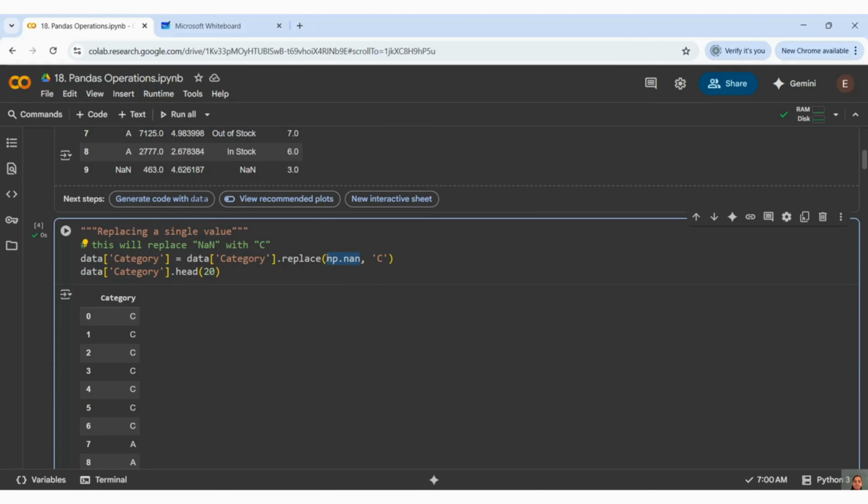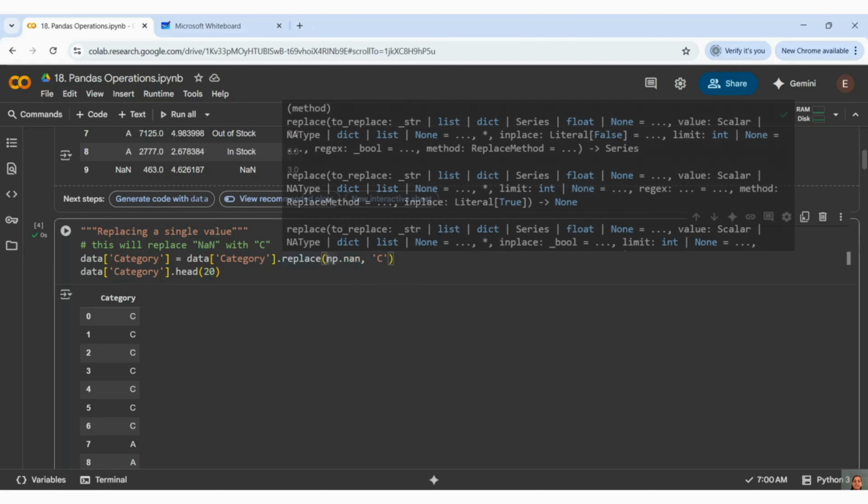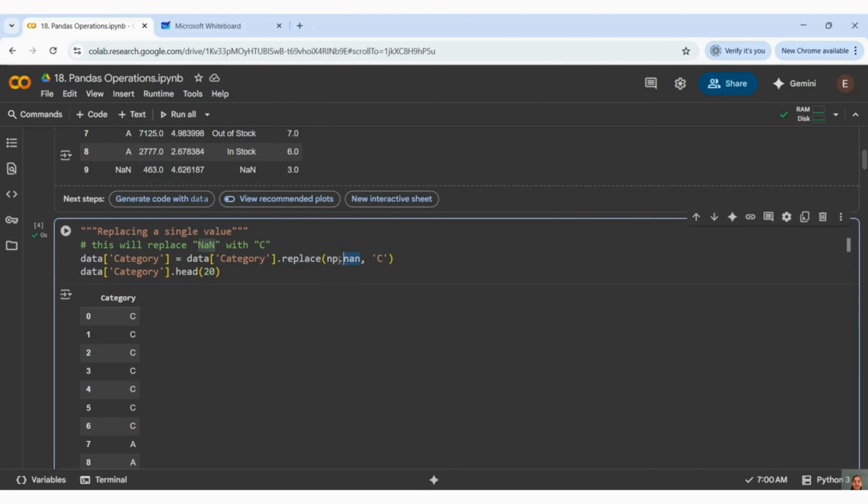How am I filling? nan is a property of NP, which says that your data set can contain nan values. Wherever your data frame contains nan values, this is how it identifies them, by np.nan. np.nan is a value saying null values are present in the dataset.